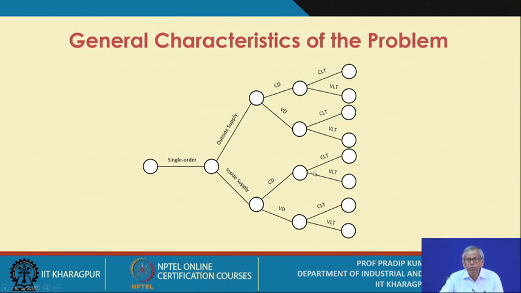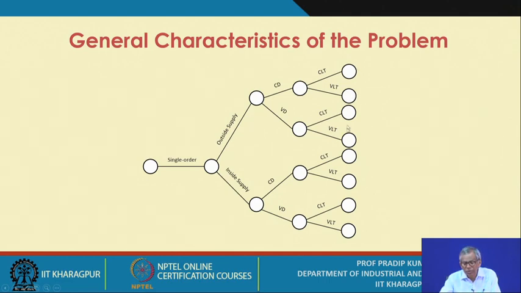Against constant demand, there could be constant lead time or variable lead time. Similarly, against variable demand, there could be constant lead time or variable lead time. So if you look at this diagram, you find that we have explored all sorts of possibilities. That means you follow a particular path, you get one type of problem. You change this path, all possible paths you have,